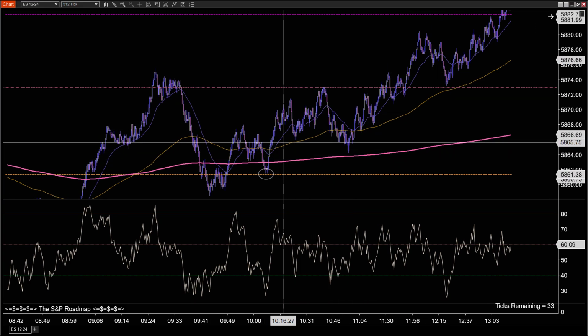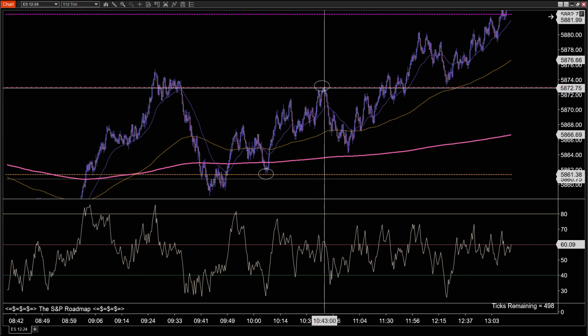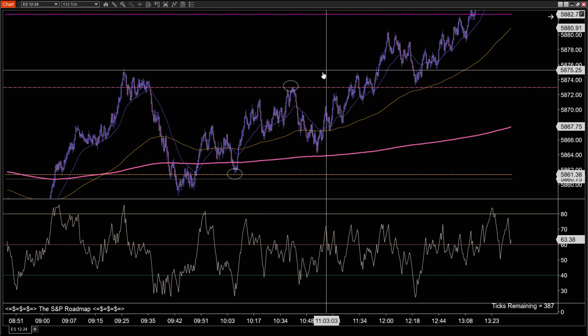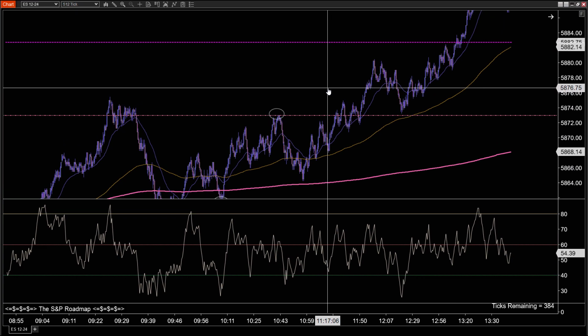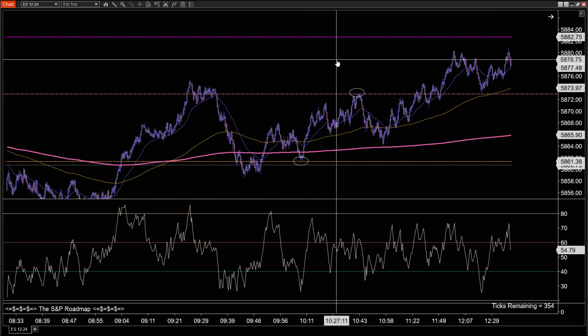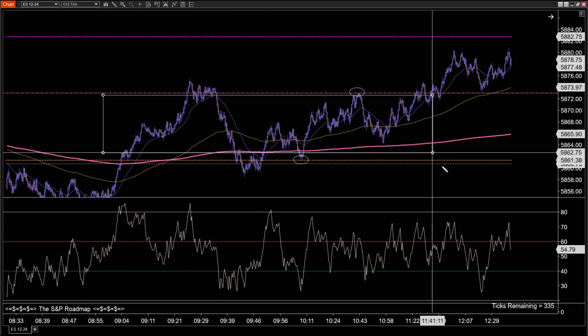So that came up. What do you know? They had another problem right at the roadmap level, to the tick that time. Came back, kissed the VWAP, missed it by a tick or two, and then we got the push higher. So once we broke out through the top end of this block that I told you to be very careful trading inside of,